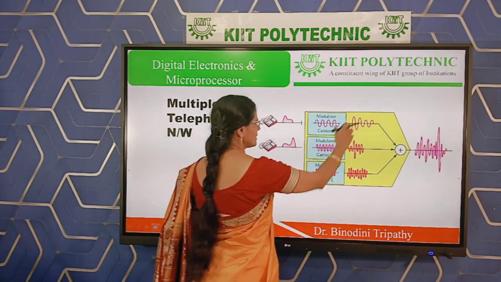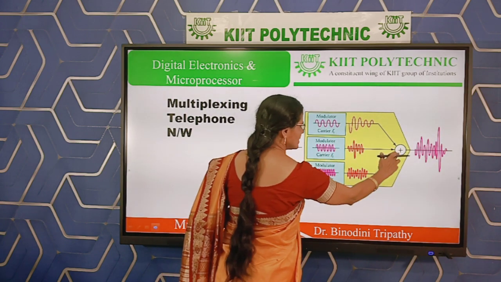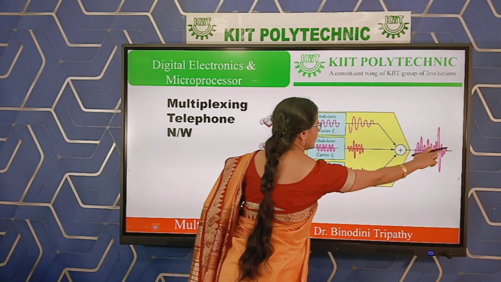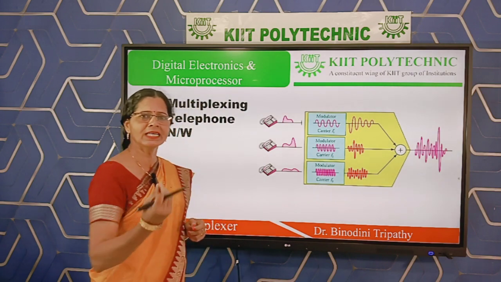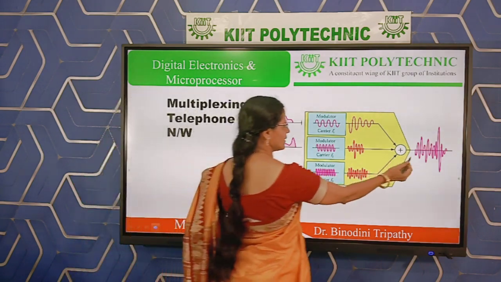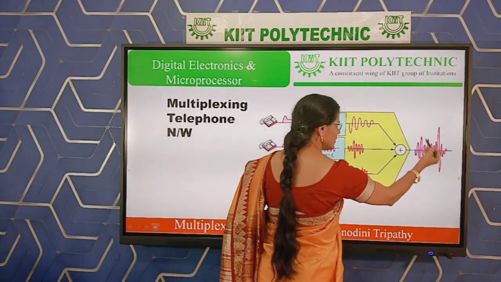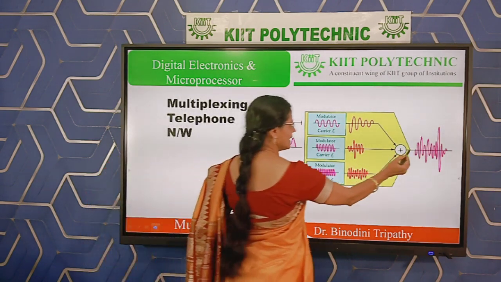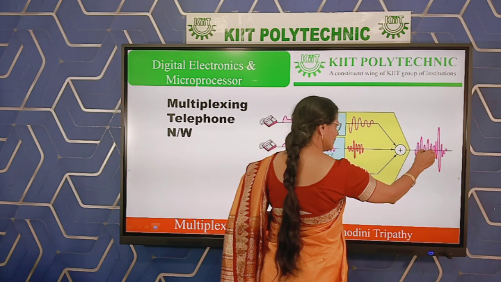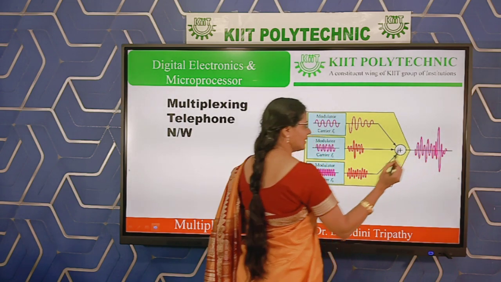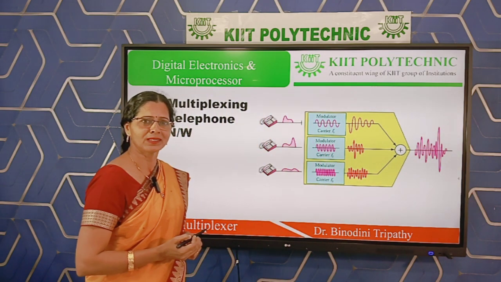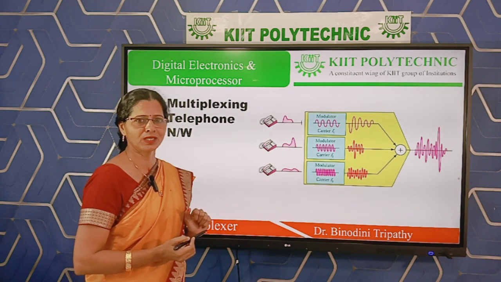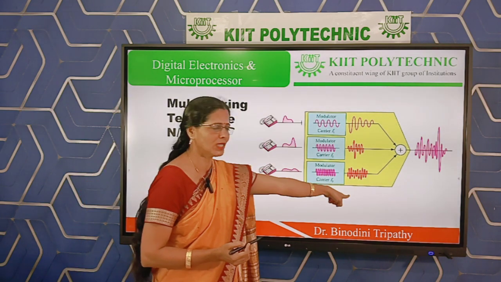So three modulated signals, all these signals are combined here and will be available as a single signal. But practically this is not a single signal. Within this you have three signals. Your function is to select any one already available within this composite signal, any one as per your requirement. That is the function of a multiplexer, and the process is known as multiplexing.